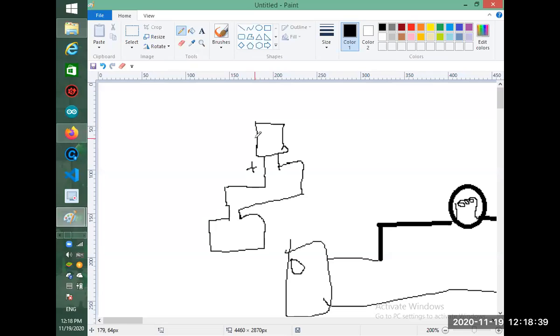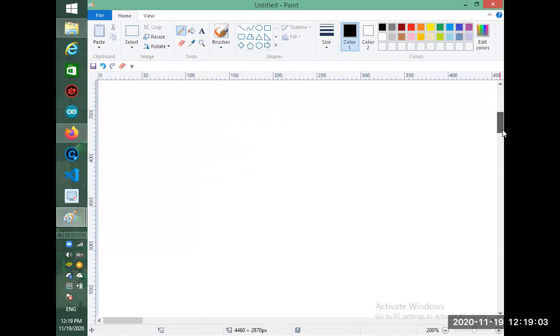Now we will put a microcontroller in between, and we will control the flow of electricity. Our microcontroller will stop the current or allow the current, and in this manner we can control this LED. So let's make a circuit diagram for it. This is how our circuit diagram looks.